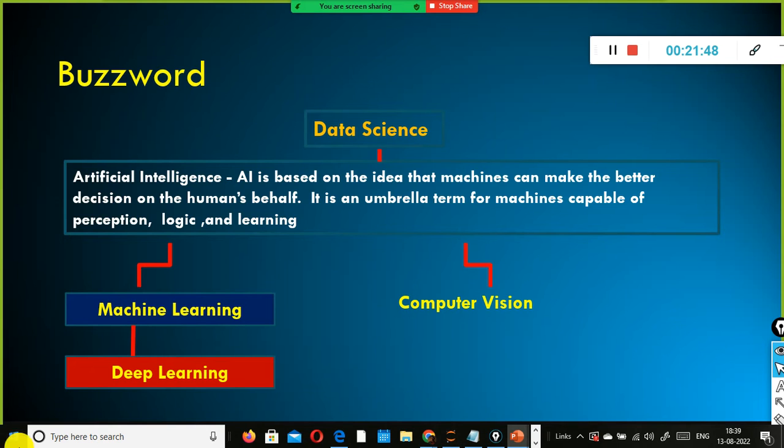So what happened? Scientists, they made significant improvements to the traditional machine learning algorithm. Now what they did, they improvised the existing machine learning algorithm to make it more sophisticated and with higher accuracy of predicting all the things. Okay, that's where deep learning comes into the picture. It is evolved from machine learning, in simple language.